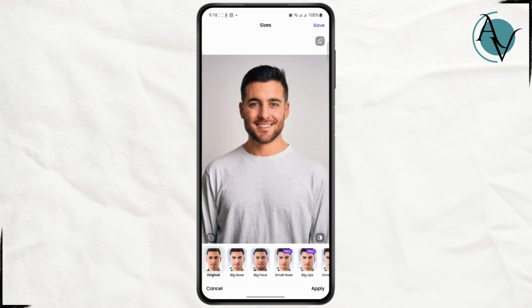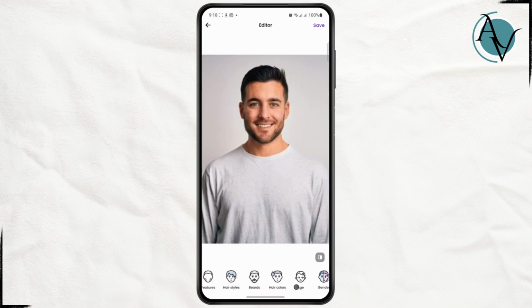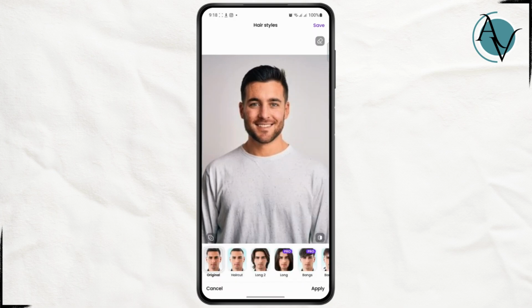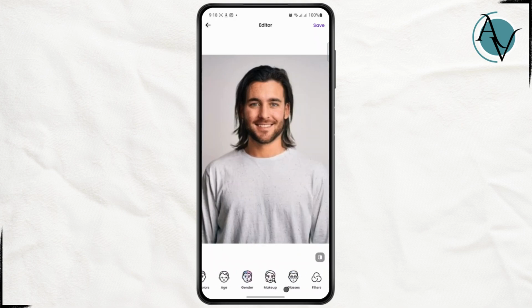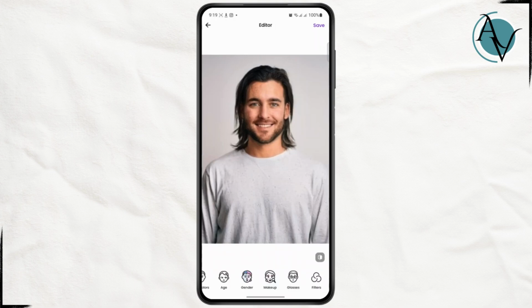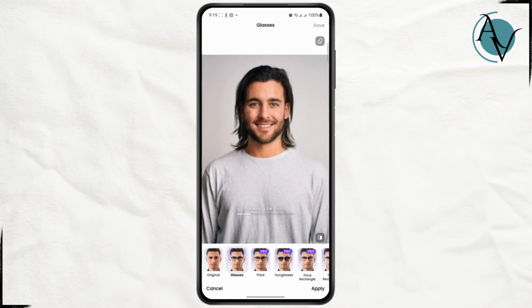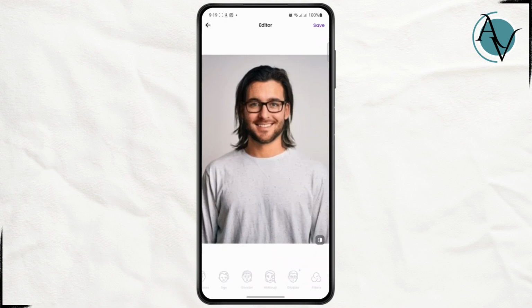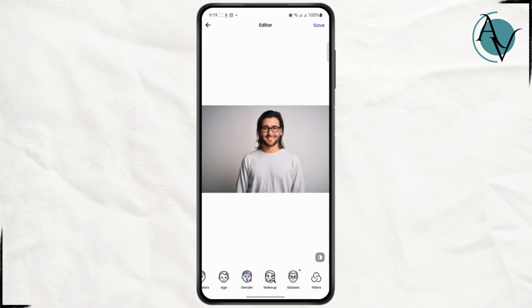Now, once you are happy with all of your edits, you can also have an option to change your hairstyles. For example, if I click on long, it will change the hairstyle to long. Click on Apply. And here you can also apply some makeup. Then you also have an option to add glasses like this. You click on Apply. And once you are done, you can just click on Save, and then you should be